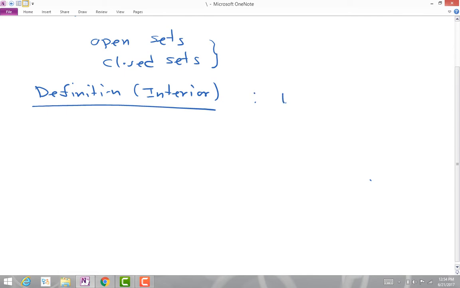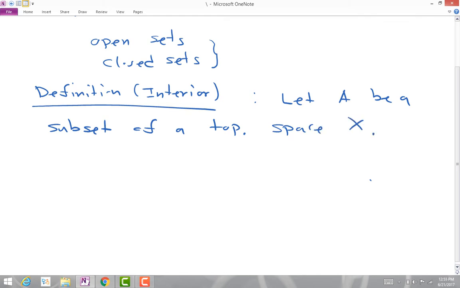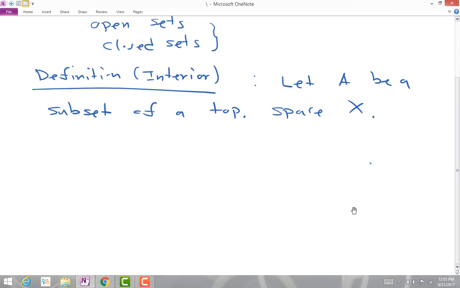So I will take, let A be a subset of a topological space X. Now it is understood that there is a topology in X. Now a point X inside A is an interior point of A